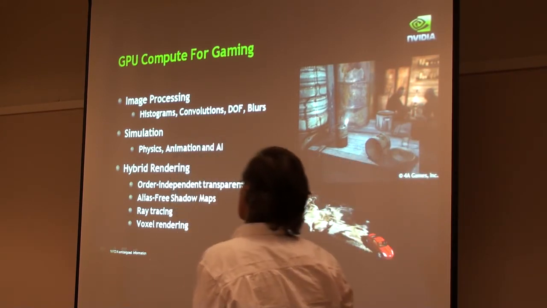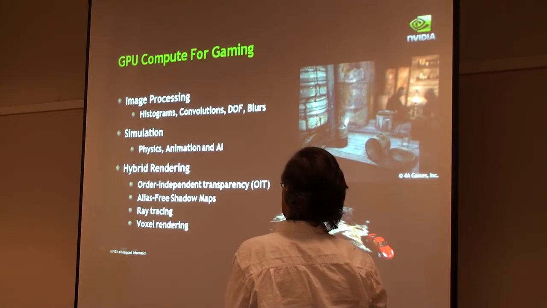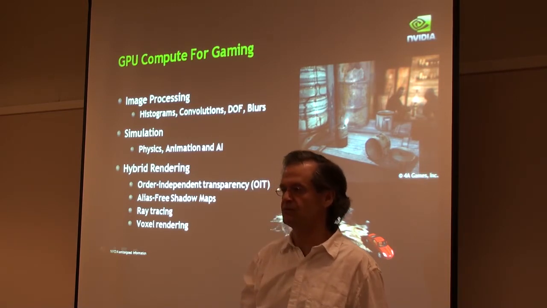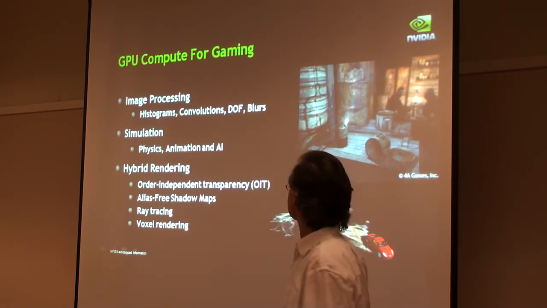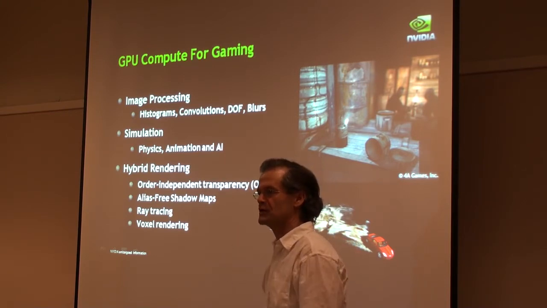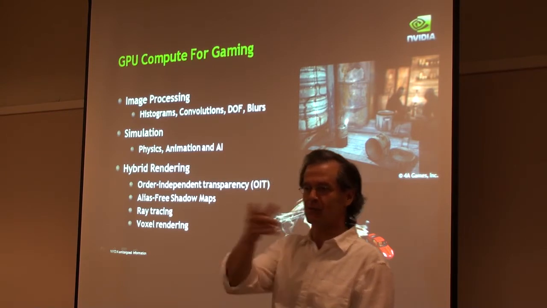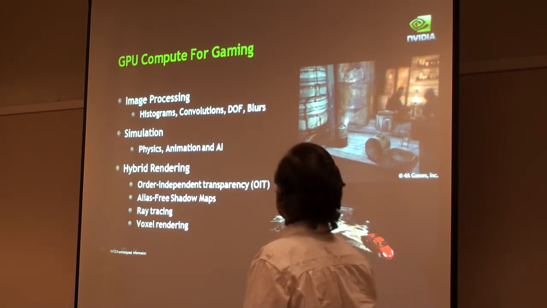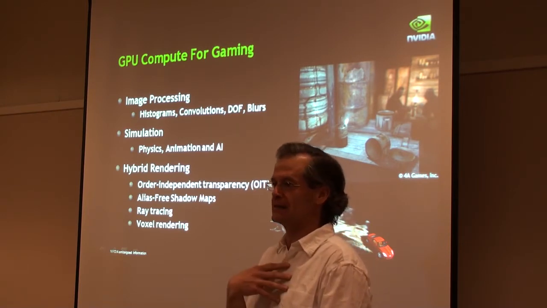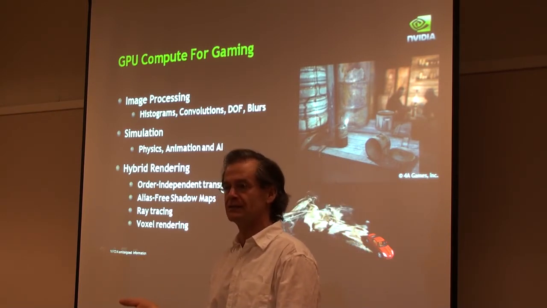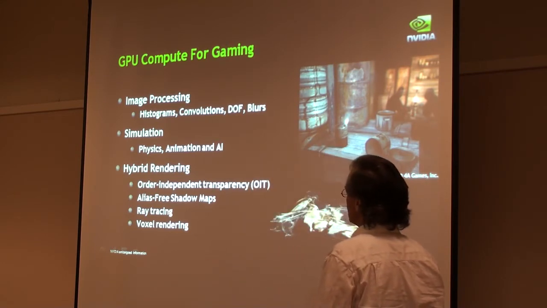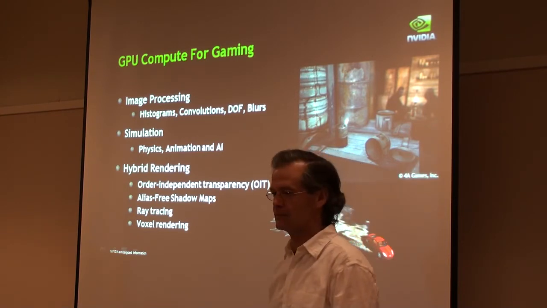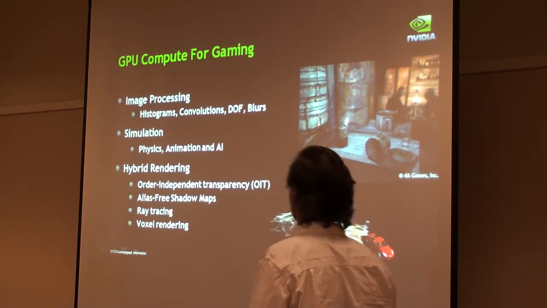Blurs. There are also elements of realism that you'll hear a bit more about today, bringing physics to bear, making the world behave more like it should. The water, unfortunately, didn't have the physics, so it didn't look like any water you'd ever seen before, albeit it looked wet. It's interesting because that's a really good demonstration of the need. But there's also using simulation to do AI, to do animation, and then there's also AI. We'll talk a little bit about how it can be brought to bear there.